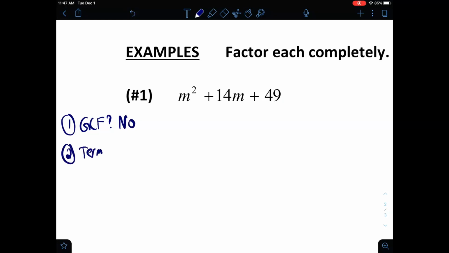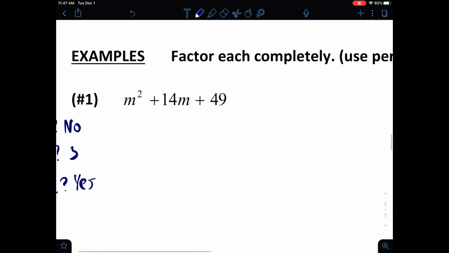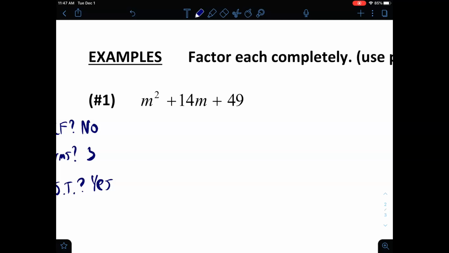Step 2 is to check the terms. And that's going to be 3, right? Step 3, you would do perfect square trinomial. In this case, we would. Why don't we just do perfect square trinomial first? This one is a perfect square trinomial because we have